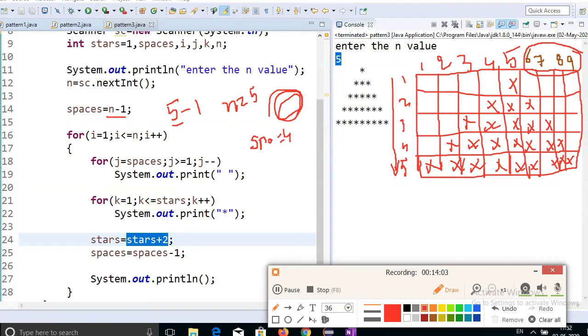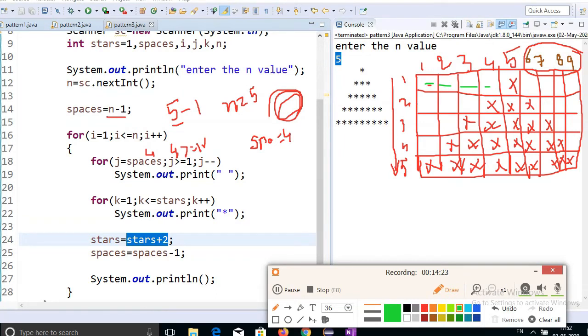The spaces variable stores the value 4. Okay, 4 greater than or equal to 1, the condition is true. If the condition is true, it will go to print the spaces in this position. The spaces will be printed up to how many times?